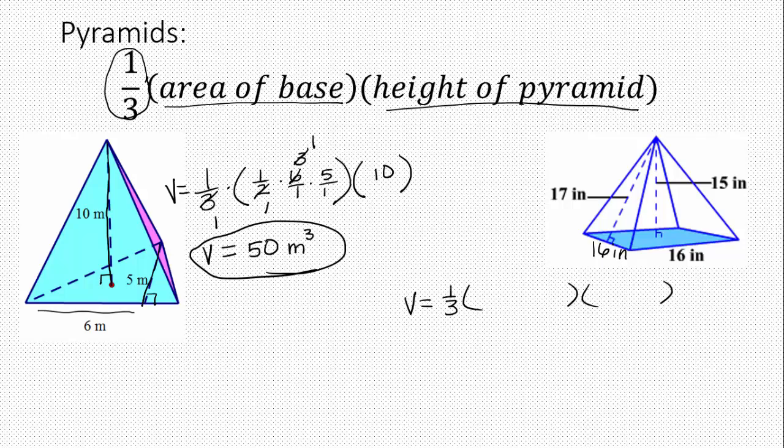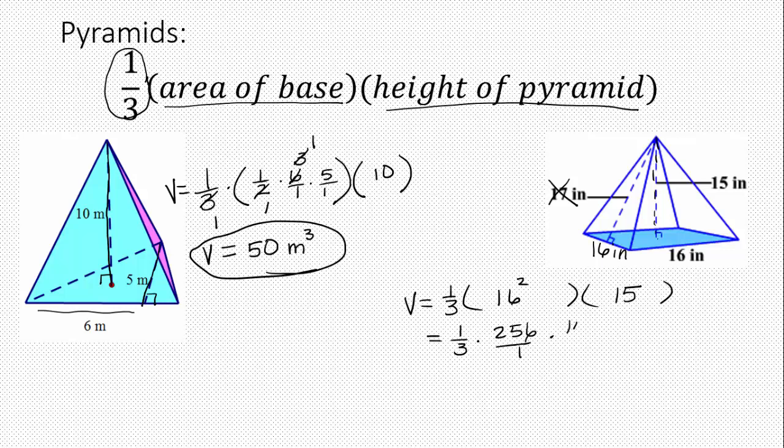So the area of the base in this case is just 16 squared because it's a square. And then the height is the internal height. We mean the height of the entire object right here. So that's 15. Be careful to know the difference between the height of the pyramid and the slant height of one side. We're not going to use the slant height for this problem. So now I have 1/3 times